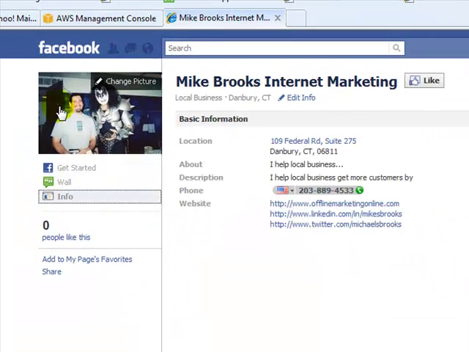Really not much here. You can see I added a picture. Really easy to do that. Just click Change Picture and browse on your hard drive to grab that. But we've got the important stuff as far as I'm concerned. Let's start with the most important stuff. Get the phone number on there, get the links that you want to link back to, the about you stuff, the description, the stuff that talks about who you are, what you do,